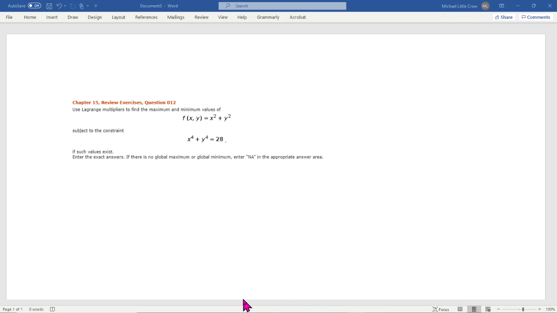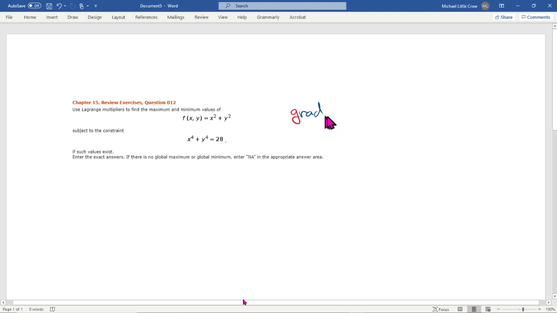Okay, for this Lagrange multiplier question, we're asked to find the maximum and minimum values for this function f of x, y, subject to these constraints. So what we need to know is that we've got the objective function, we've got the constraint function, this g of x. So what we end up with is that the gradient,